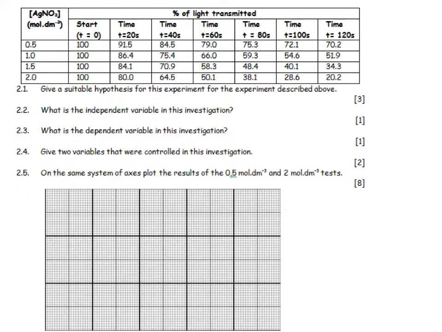And the best hypothesis is greater concentration. And you need to write a full sentence if you're doing conclusions and hypotheses, because they're not just a link. They didn't say give me a link. They said give me a hypothesis. A hypothesis needs to be a statement. So the greater the concentration of silver nitrate, the faster the reaction,